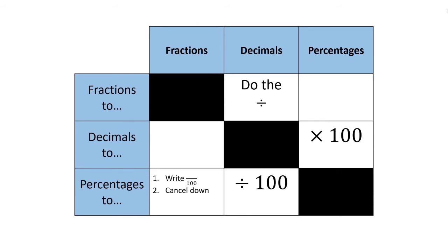And in fact, the other 2 on here, fractions to percentages and decimals to fractions, really are just combinations of those 4. It's convert it to the other one and then into the one that you want. So fraction to percentage, we're going to go fraction to decimal and then decimal to percentage. Properly, we do the divide, that's the fraction to decimal bit, and then we times by 100 to go from the decimal to the percentage. For example,